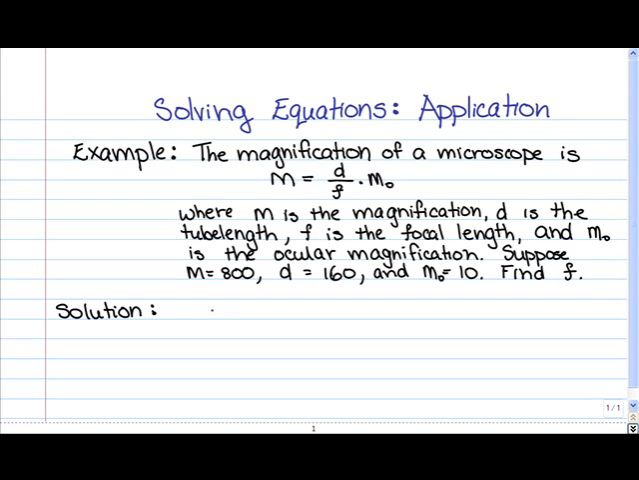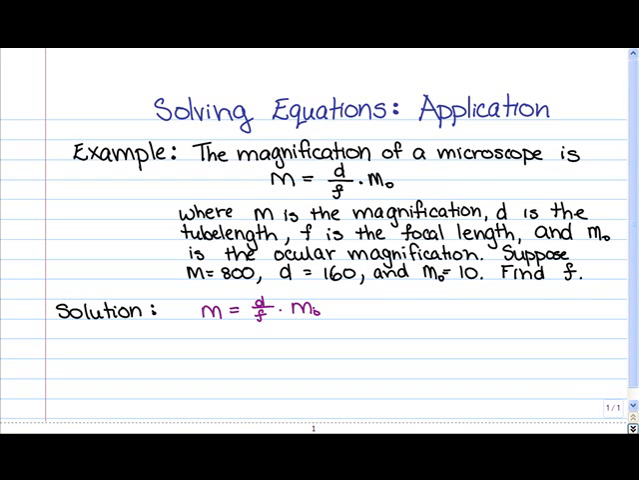So hopefully you've had a chance to try this out. First thing we're going to do is just write down the formula that we're going to be working with. Now you can either substitute in the values that are given and then solve for f, or solve for f first and then substitute in the values. Check with your prof if they have a preference about this. Some profs do want you to isolate for the variable first before substituting in any numerical values,